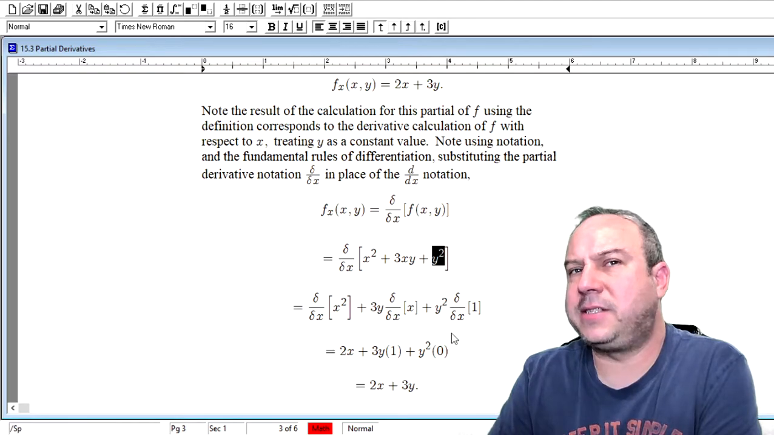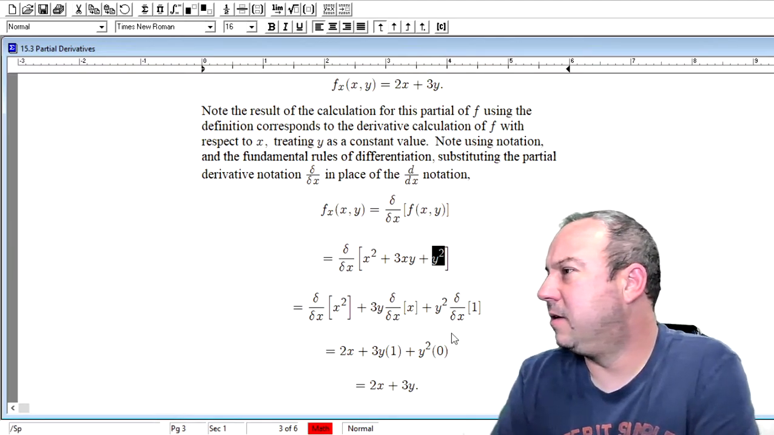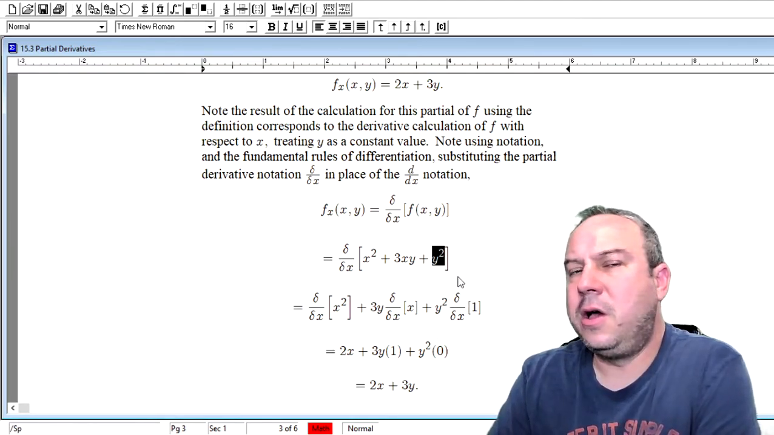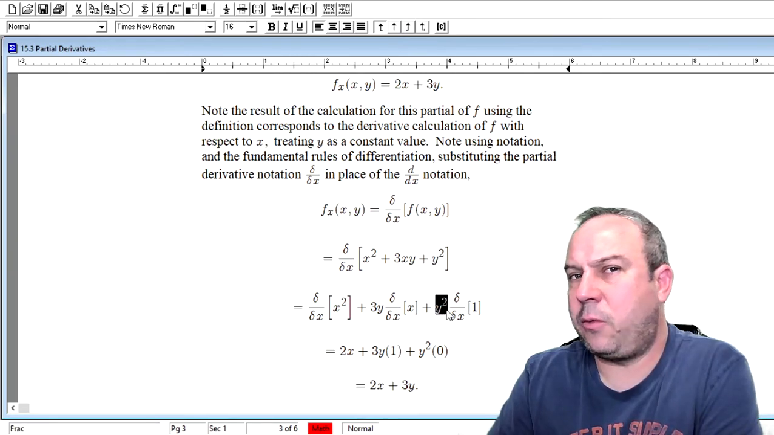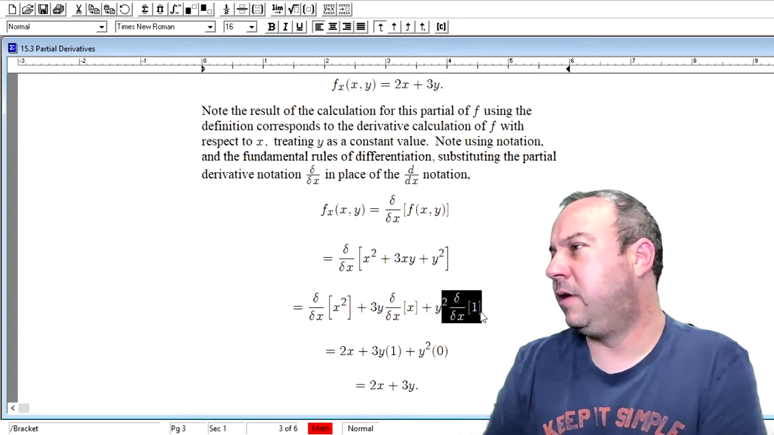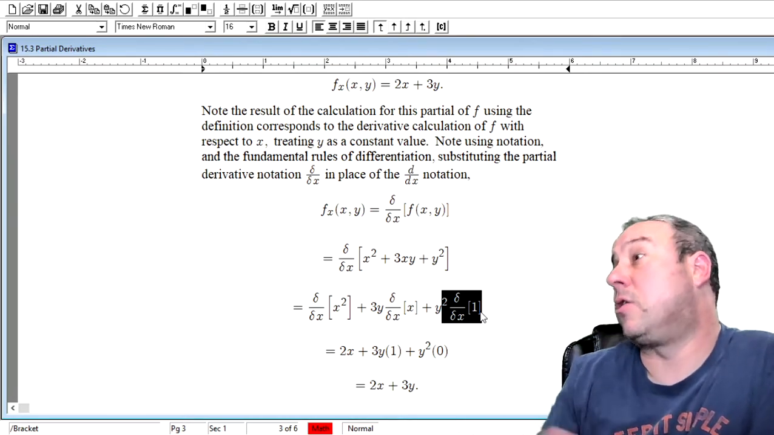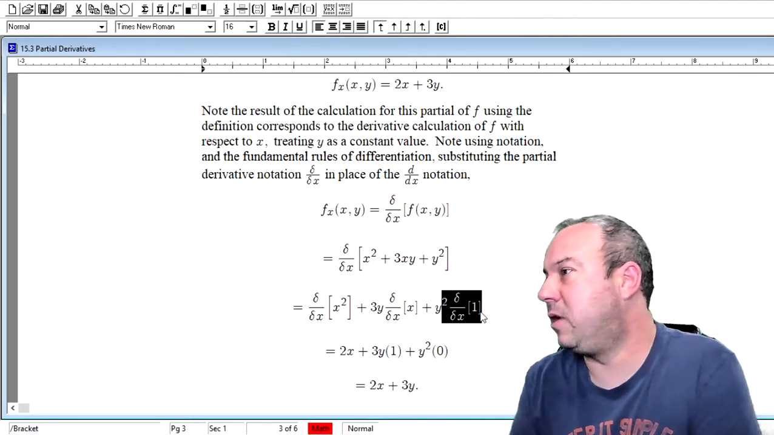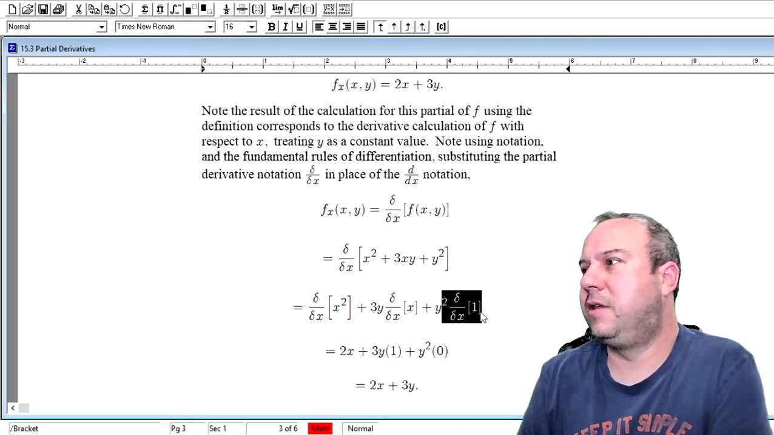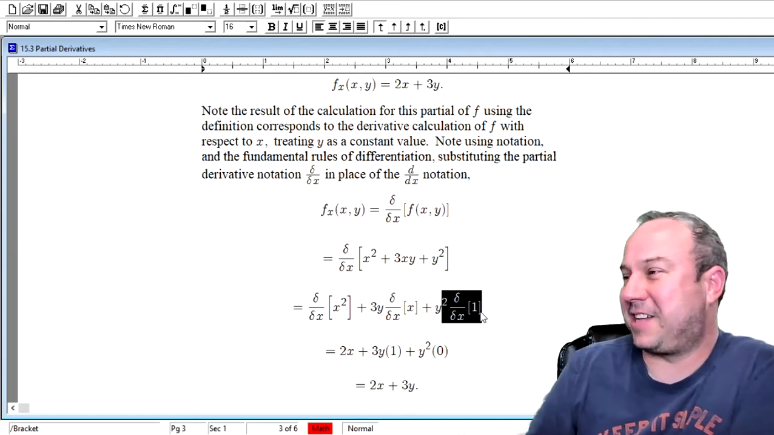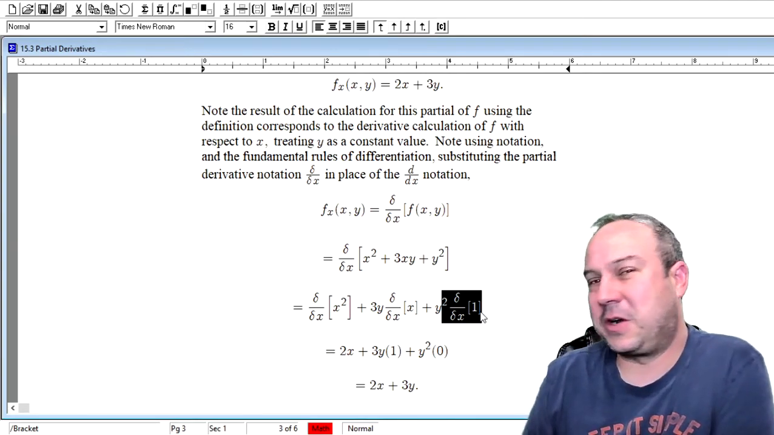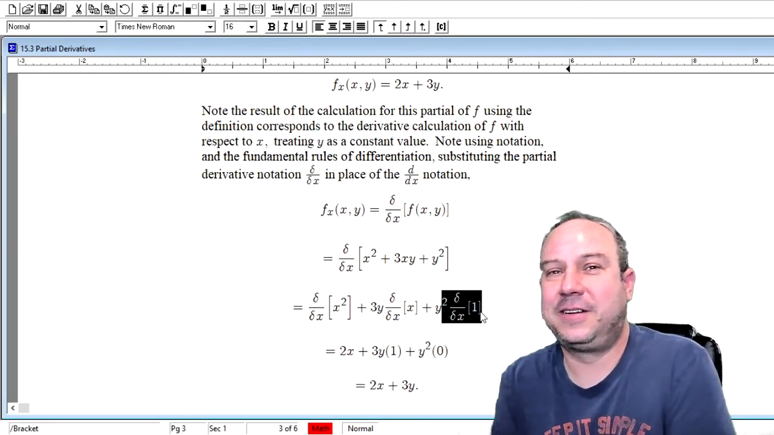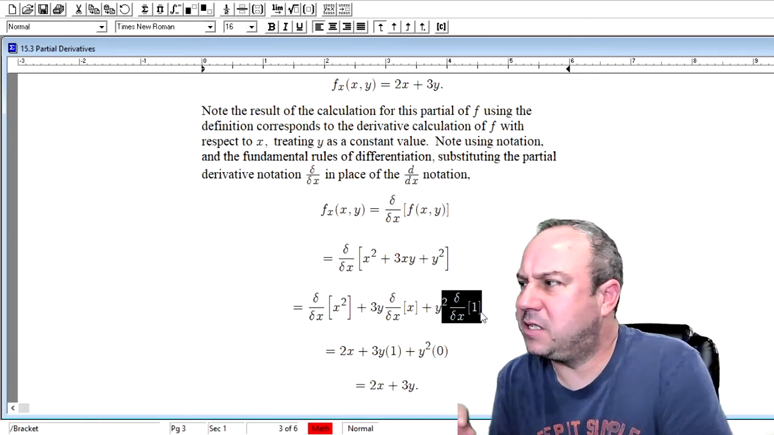Similarly, when it applies to the last term, y squared is a constant multiple, and if I want to, I can factor that out and say what I really have here is just the partial derivative of 1 with respect to x. Let me get that right. I'm trying to get that partial in there. I get mixed around, folks,